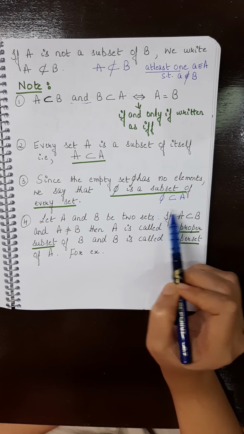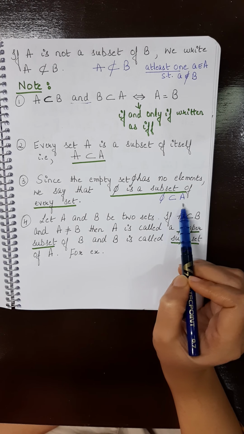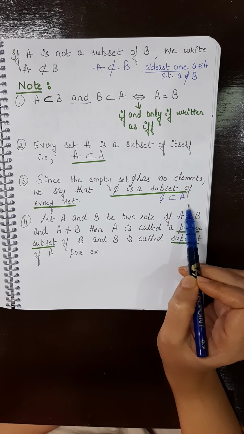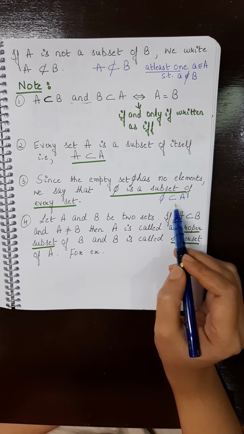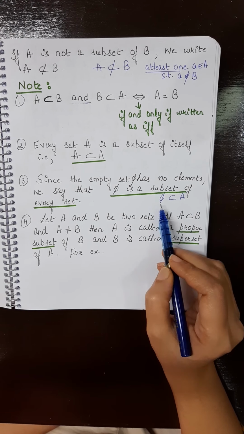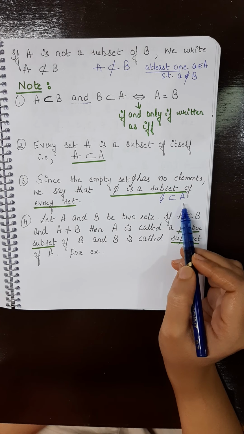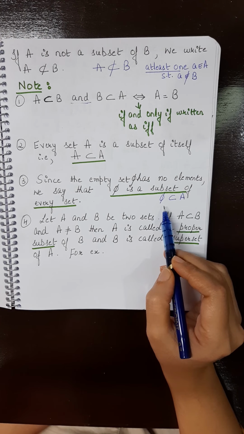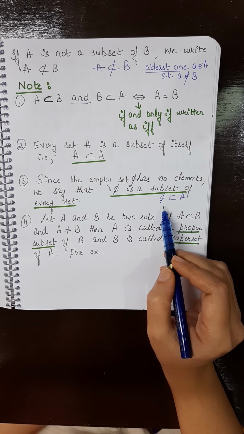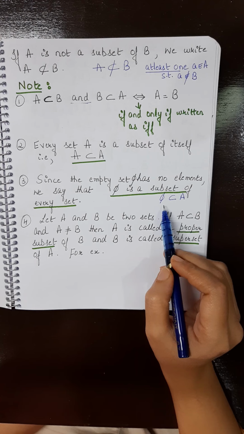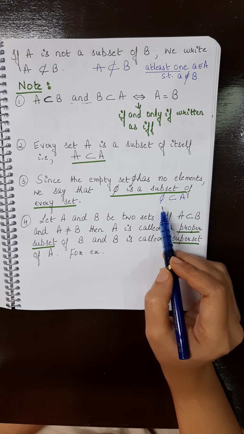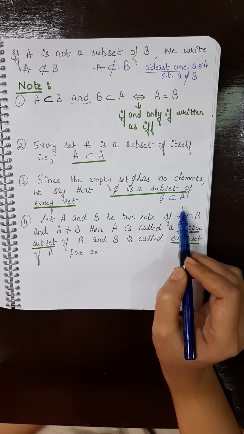तो अगर मैं किसी से बोलूँ कि ये मुझे disprove करके दिखाए that phi is not a subset of A, then you have to give me one element of phi which is not there in A. But this is not possible because phi has no elements. So therefore, since phi has no elements, we say that phi is a subset of every set because we cannot disprove it. किसी चीज़ को आप प्रूफ नहीं कर सकते तो हम उसको ट्रू मान के चलते हैं. So therefore, empty set is a subset of every set.